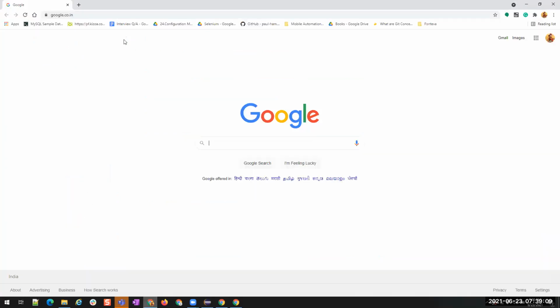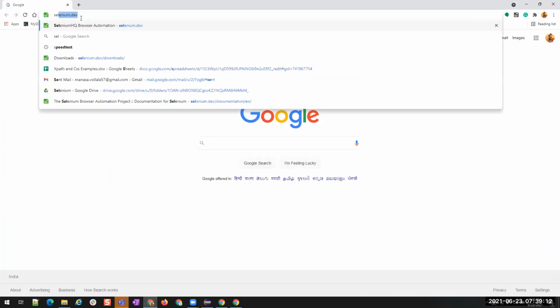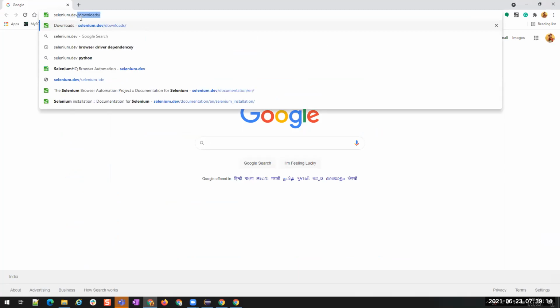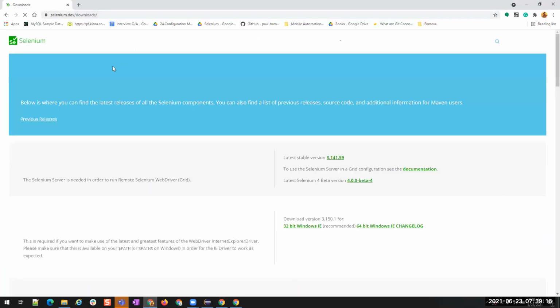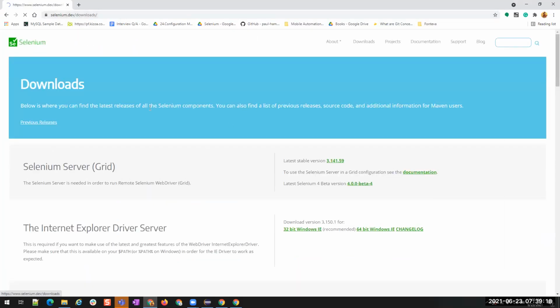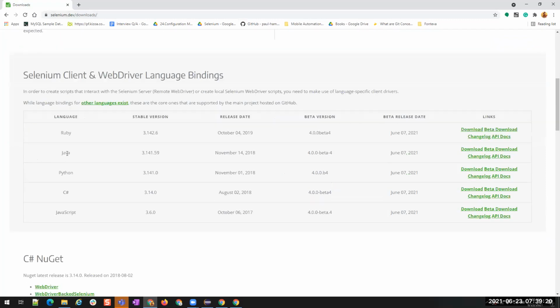Okay, I'll show you one thing, then it might give you some clarity. Going to Selenium dot dev. When we want to work with Java, what did we do? We downloaded this language binding. Now, if you want to work with Python, then you have to download this.